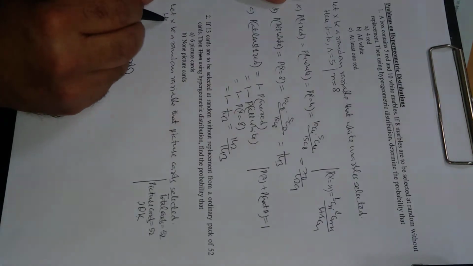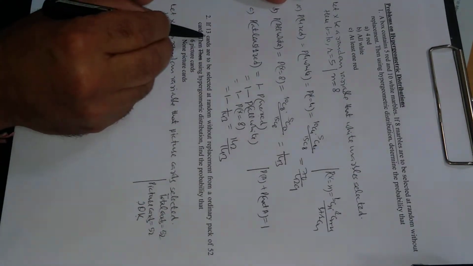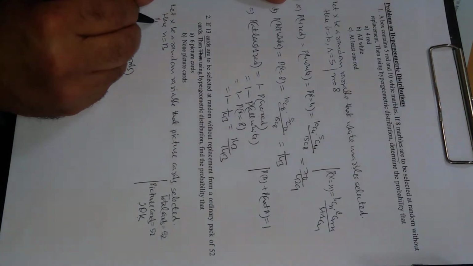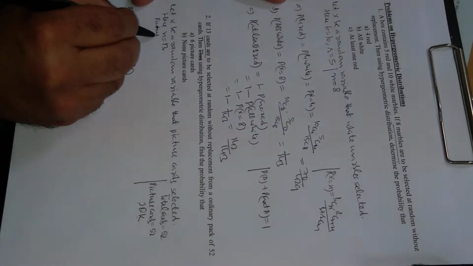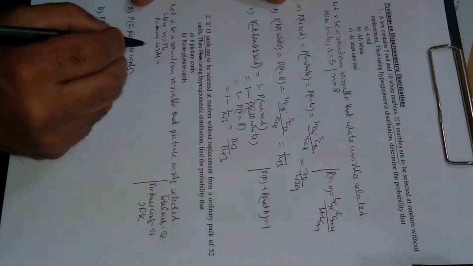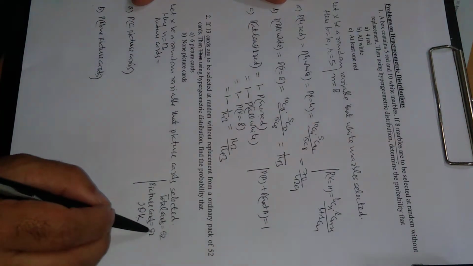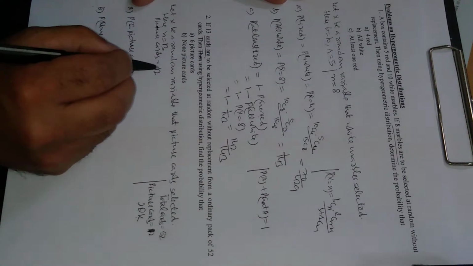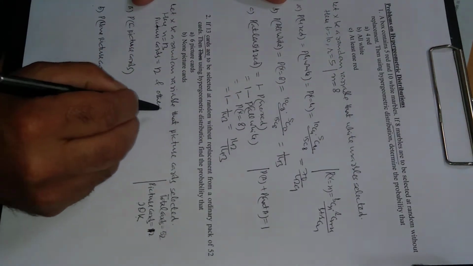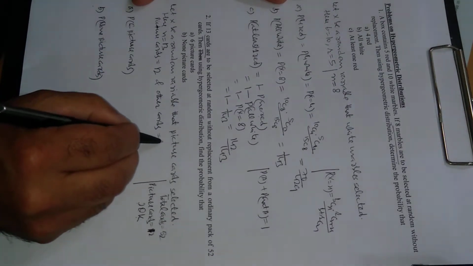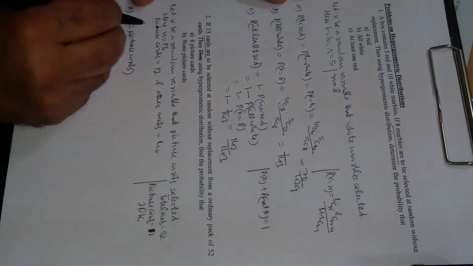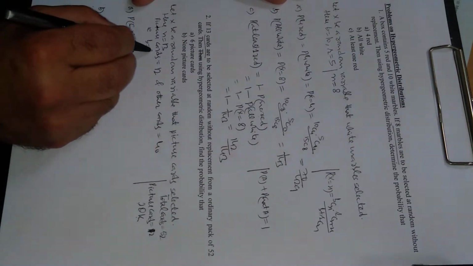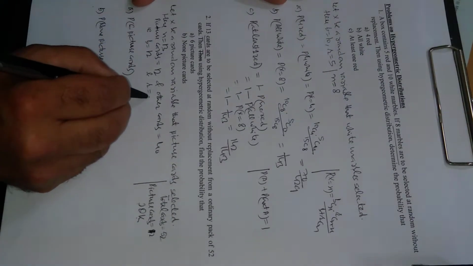Because we have to draw 13 cards, the number of trials n is equal to 13. Picture cards are 12: 4 jack, 4 queen and 4 king. It means the rest of the cards will be 40, because 40 plus 12 is 52. Suppose picture cards are B, then other cards will be R. So R will be 40.